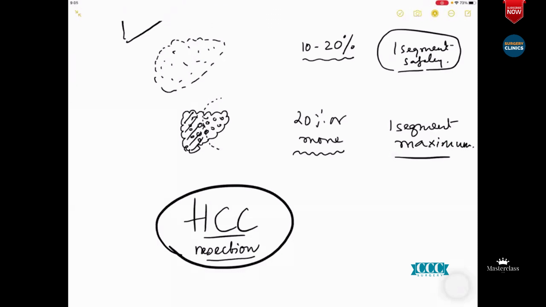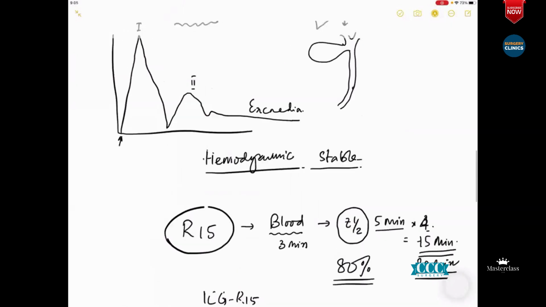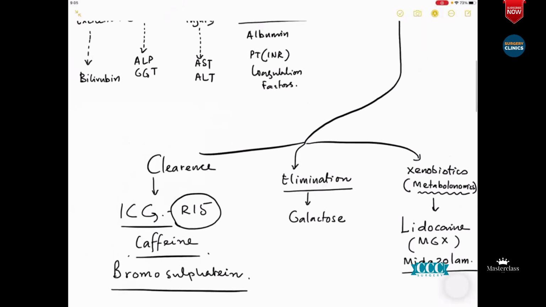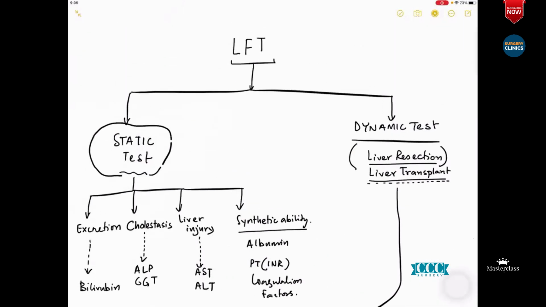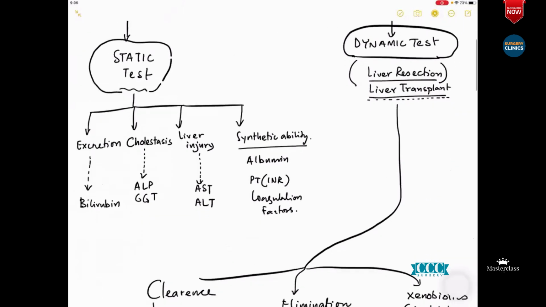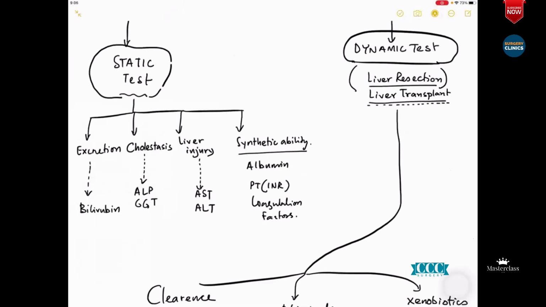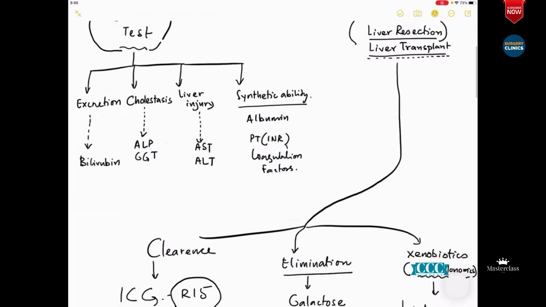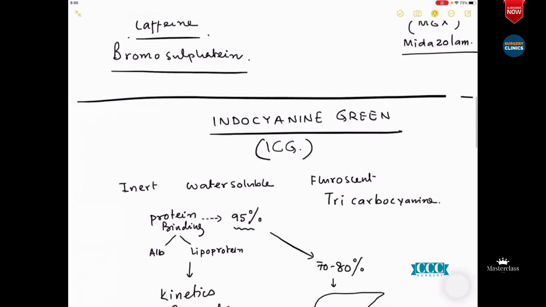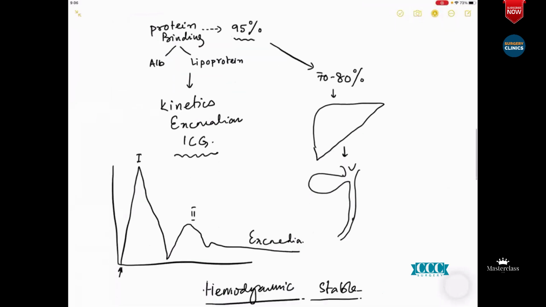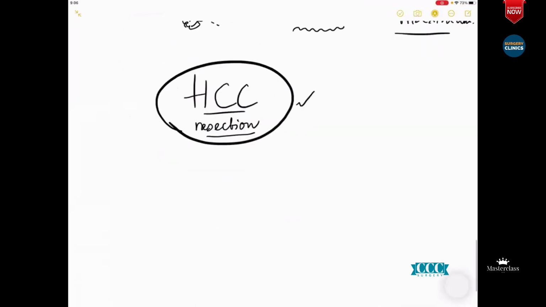So understand that this is technically something called what kind of test, static or dynamic? Dynamic. Now remember that what Soptik has taught you is 90% of your assessment. This is for those candidates during an exam or writing a theory note where the examiner says, let me ask you something more to give you 90% marks. So this is called a dynamic test. The majority of people across the world now do something called an ICG R15. So I have taught you this terminology.